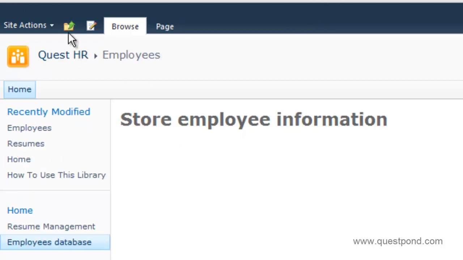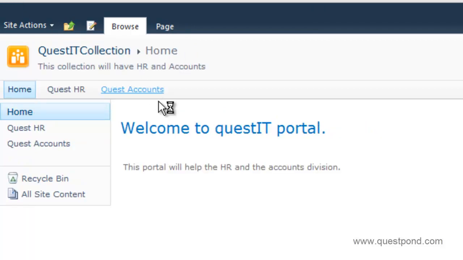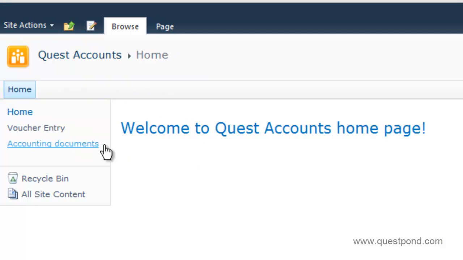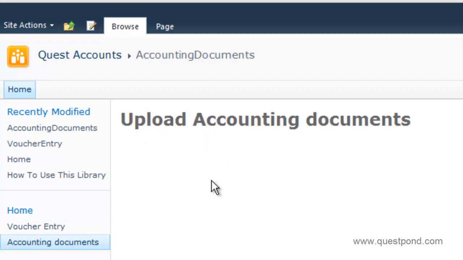In the same way, if I go back and see Quest accounts, I again have 2 pages here. One is for the voucher entry screen. Currently there is nothing in the voucher entry screen, it is just enter vouchers, and the second one is a link which will help me upload documents. So we are done with the accounting structure which we decided first.